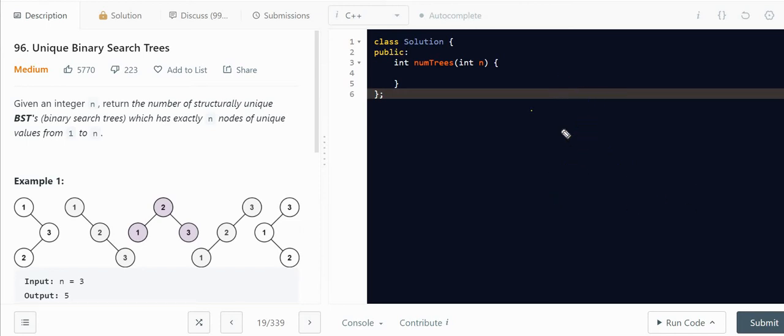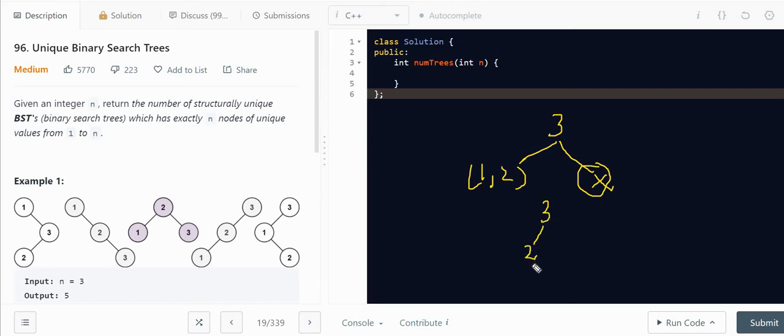And if I take 3 as the head, then there are also two possibilities. 3 is the largest element, so no element is possible in the right position of 3. So there are only two possible elements, 1 and 2, in the left of 3. And if I arrange them, there will be two possibilities, right?